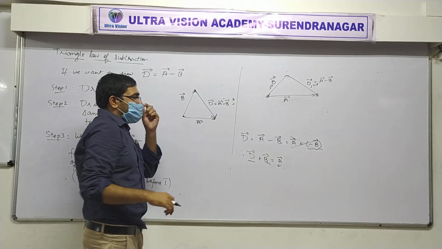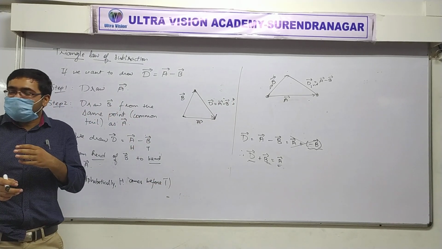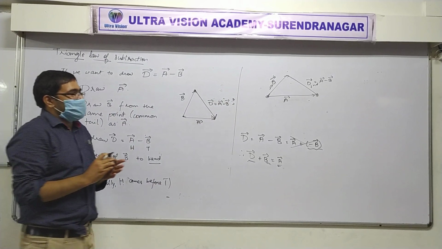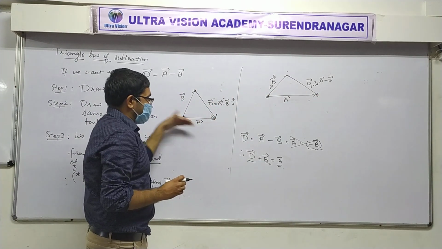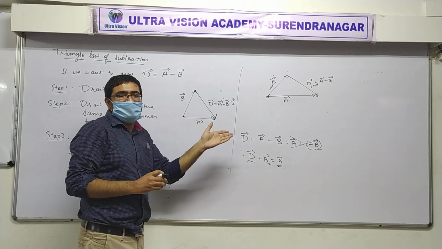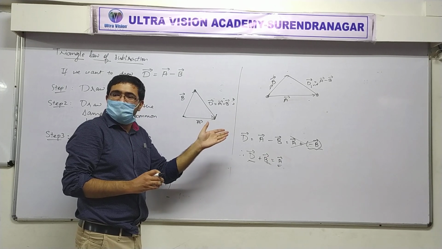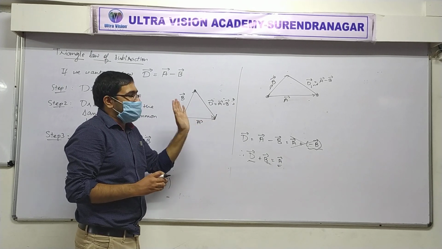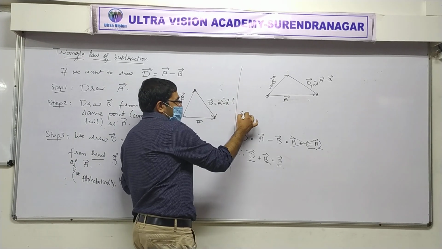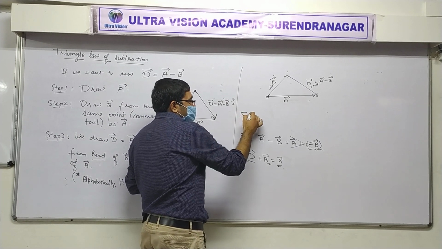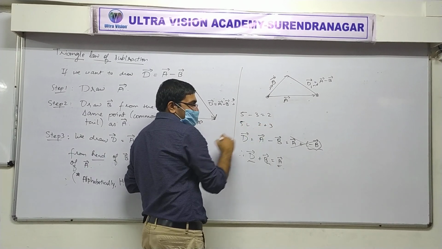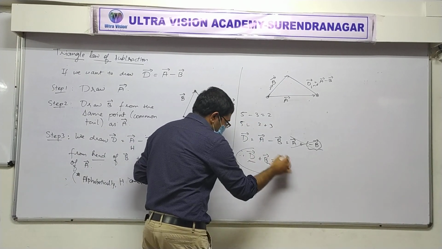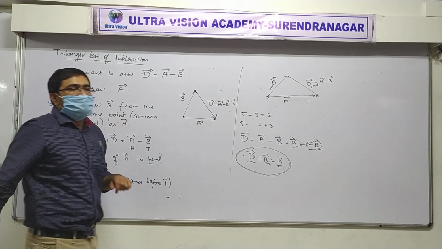I hope you got what I said. So B, D, and B plus D, A. There is A, B, and A minus B, D. Got it? Okay, and another view: 5 minus 3 equal to 2. If you want to do it this way, you can also write 5 equal to 2 plus 3. That's what we have done here. I hope you saw that.